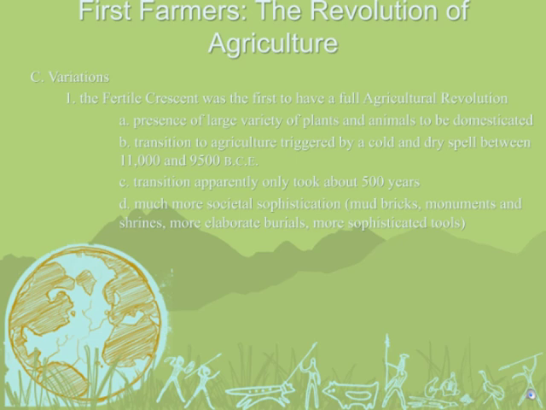All right, variations. The Fertile Crescent was the first to have a full agricultural revolution, so we're looking in the Mesopotamia region, a presence of a large variety of plants and animals to be domesticated. This is sometimes hard for students to grasp because we see pictures of the Middle East today around that Euphrates and Tigris region, and we don't see the same thing that we're hearing,